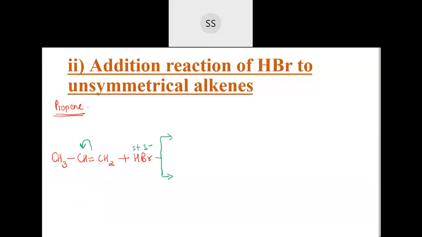If I shift this pi bond, then I will get CH3, then CH, with a negative charge on that carbon. This whole pi bond I am shifting over here, so I will not have a double bond, I will be left only with a single bond. Then I will have CH2. If you see the carbon valency, it's 3, which means this carbon is deficient. So I have just shifted on this carbon. That is my first possibility.